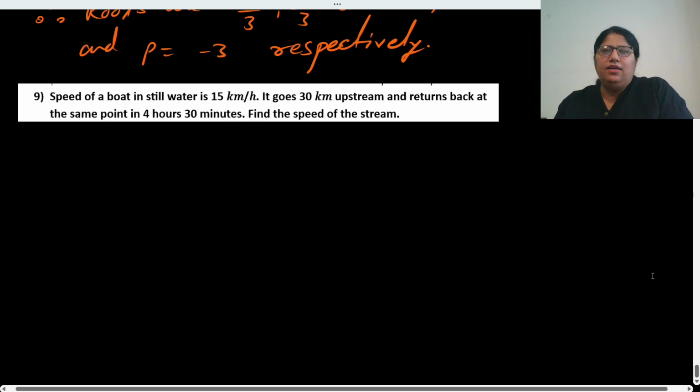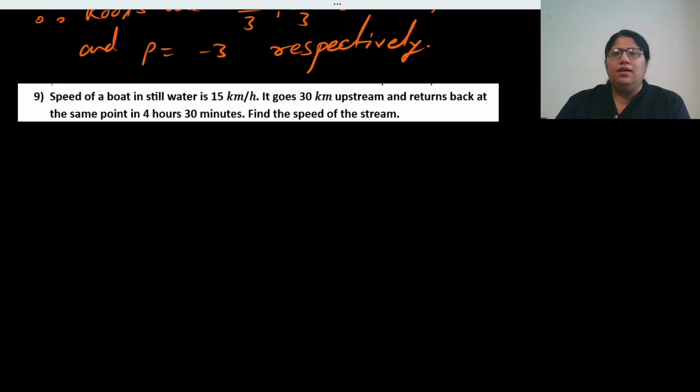If you will see here, speed of a boat in still water is 15 kilometer per hour. If it goes 30 kilometer upstream and returns back, means downstream, at the same point in 4 hours 30 minutes, find the speed of stream. Now this is an upstream downstream question. This is also again very important, because you need to understand now what happens here. If you will write down here what is given here,